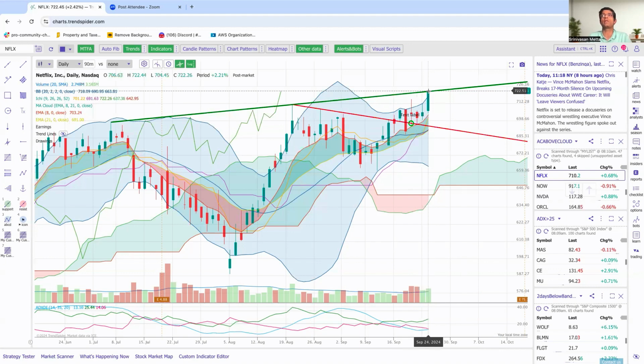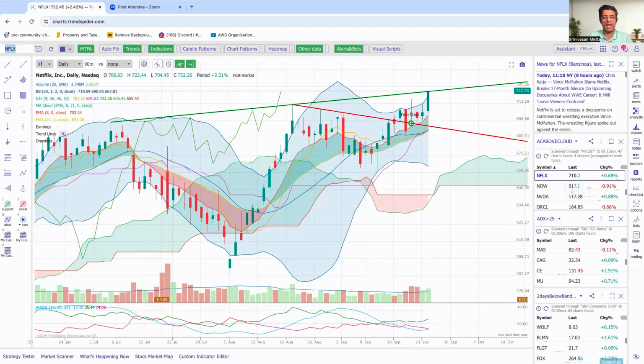Now, does it mean that it doesn't have to go further? No, it's not necessary. But again, if we see a 2-day confirmation that it is breaking above this line, then we can definitely go in for the next one. Okay, so that's how. And now I want to show you another chart which gave us good profits today,